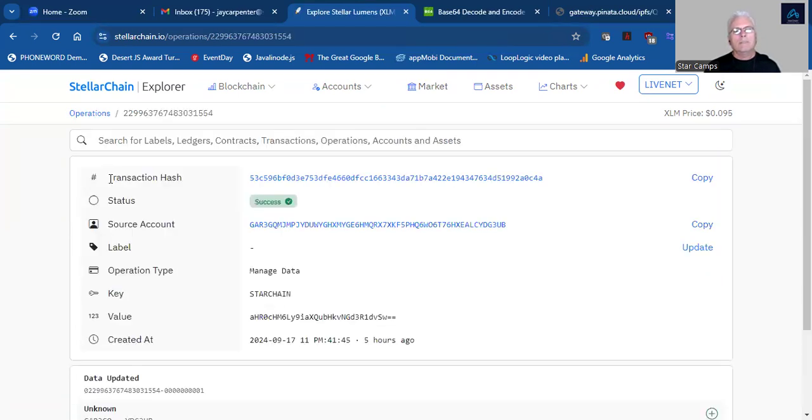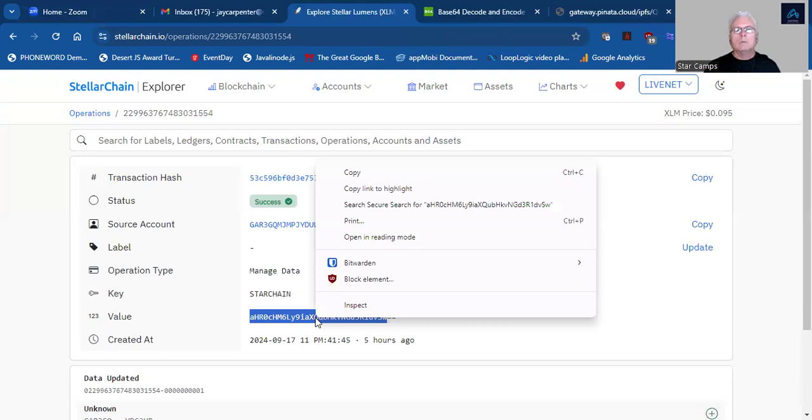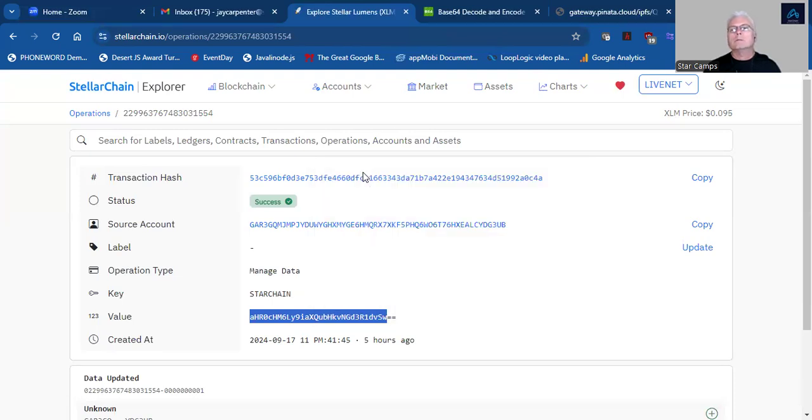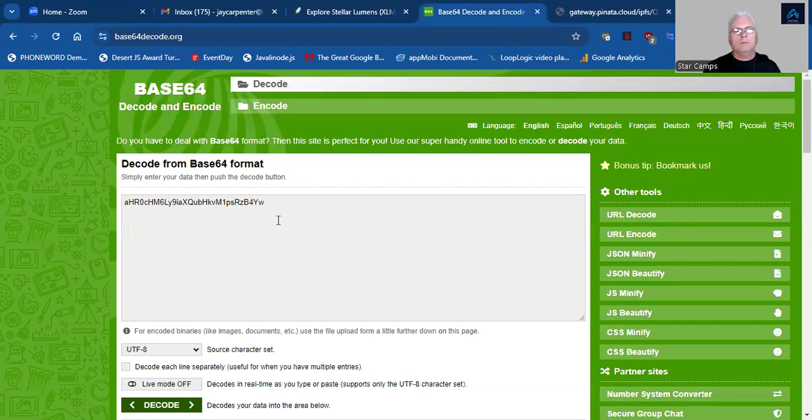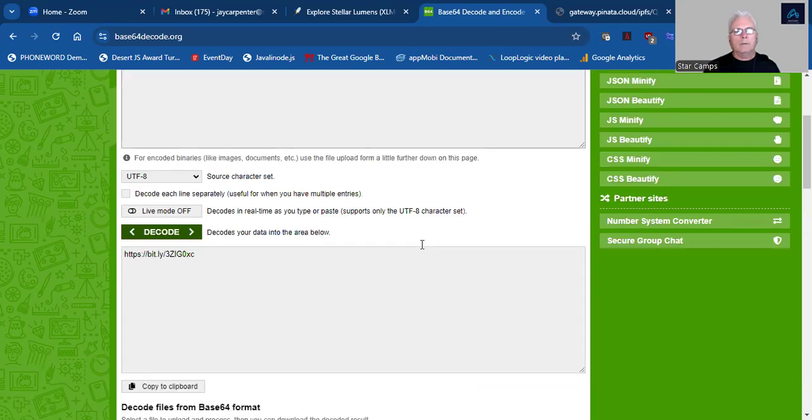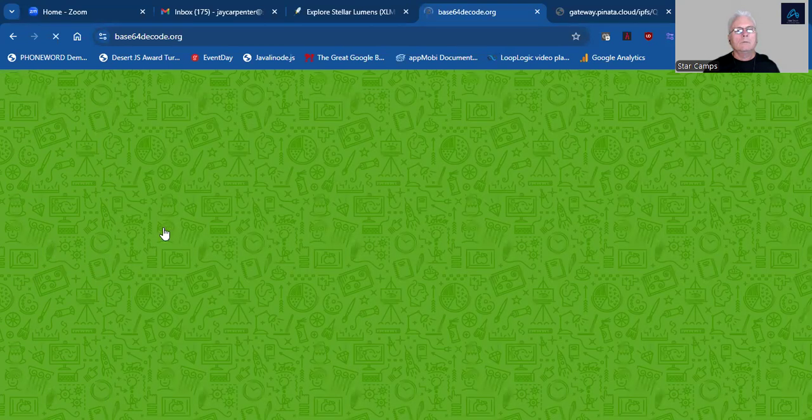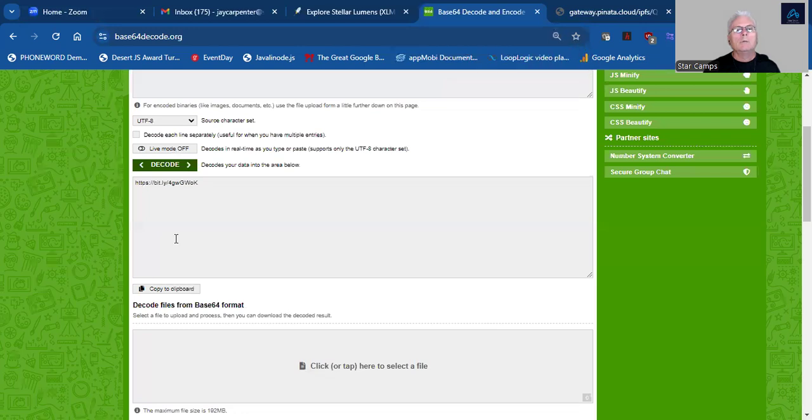Now if I click on this and copy this base 64, make sure that I copy it, and bring it over, and obviously all this can be automated. I throw this in here, and I want to make sure there's no conflict with this. So I'll erase this, decode it, and move down.